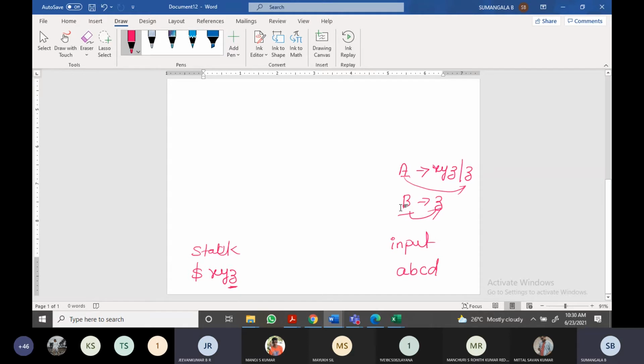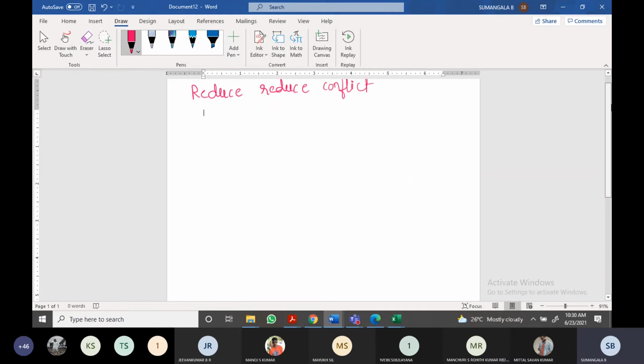Reduce. Yeah, reduce. Why? Because Z can be reduced to non-terminal A or Z can be reduced to non-terminal B. So this type of conflict will occur. That means this type of conflict is called a reduce conflict.